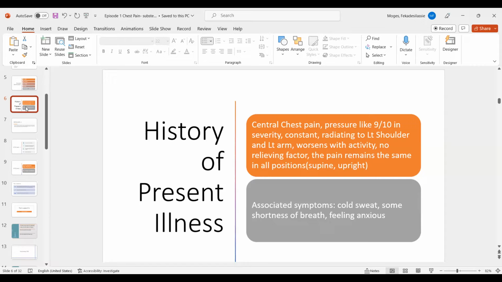So you have to ask for travel history, which you have effectively asked. And you have to ask me if I have leg pain, leg swelling, and all that. That's very important because if a patient has DVT, they have a very high probability of developing PE, and PE is in our differential diagnosis. So that history is missing. So the musculoskeletal system, particularly lower extremity pain and swelling, is relevant. Beautiful. I love it. Any other system you want to ask? Now you got the point. You guys are thinking now.